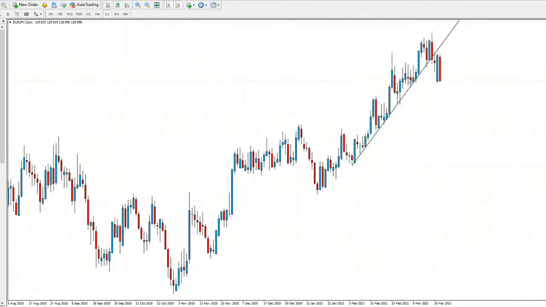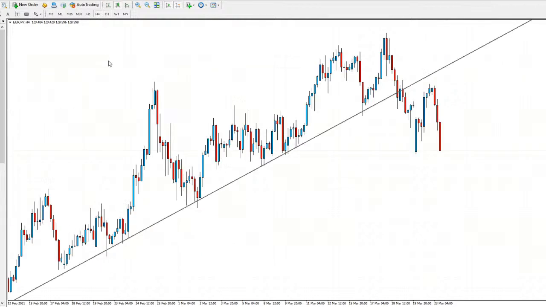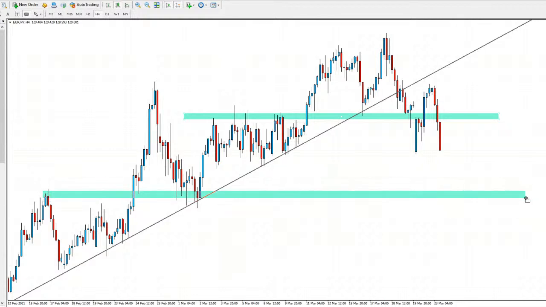Again, we've had a very, very big bullish run for this pair over the past few weeks, and it does look like it's running out of energy. So I do think we could see a nice push to the downside, a continuation to the downside for Euro JPY. We're getting back below this key level of resistance here in the market. Multiple times price has tested this area as resistance and support as well. So I think keeping below this area could send the market all the way back down to around this key area here, which is around